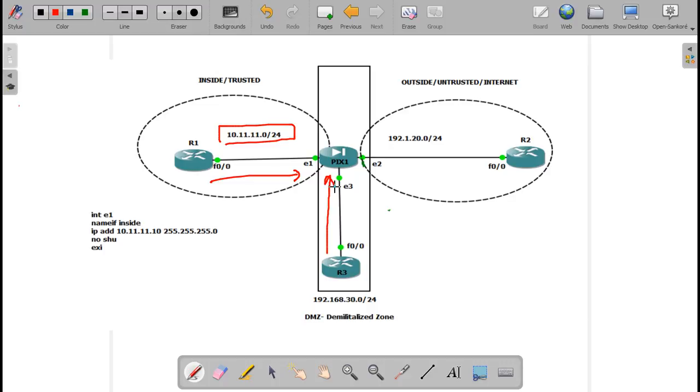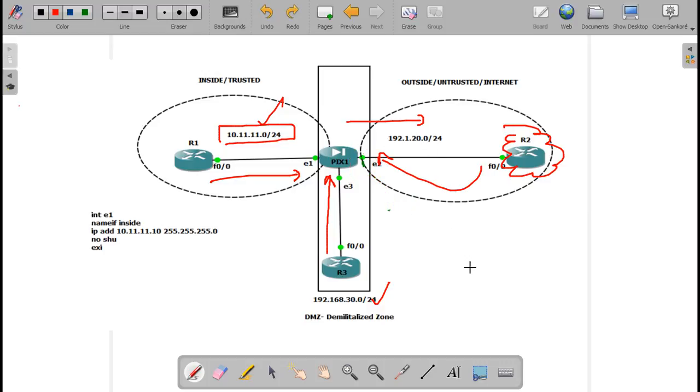Okay. What I'll do is on the firewall I'll add a default gateway pointing towards the internet, and on the internet router I'll give static routes for these two networks. For both cases the next hop will be the firewall outside interface IP address, which is what? 192.1.20.10.